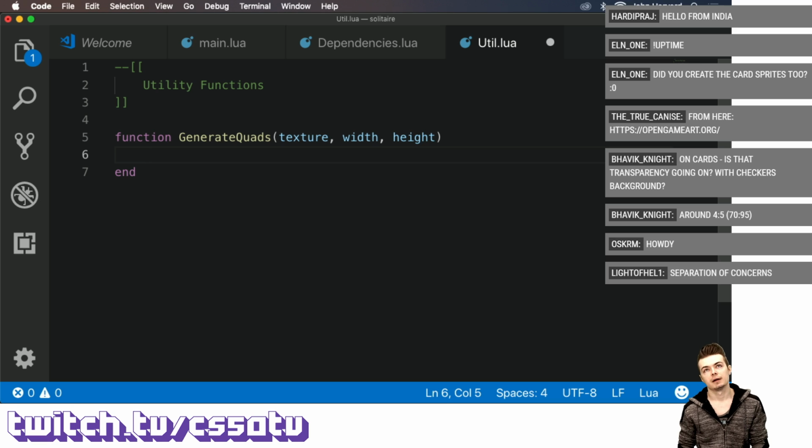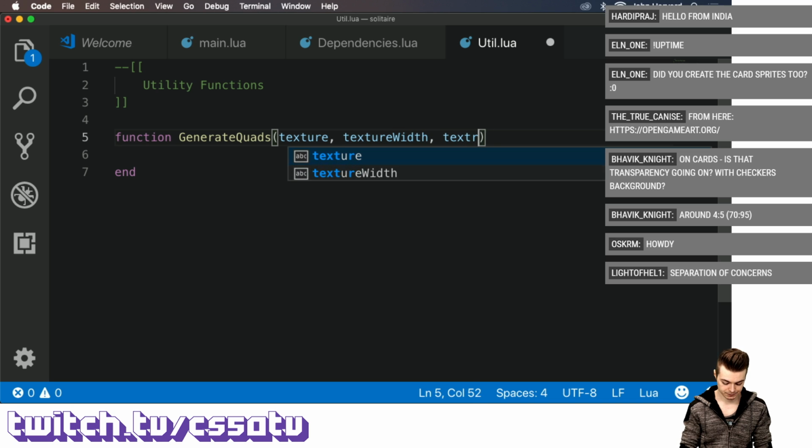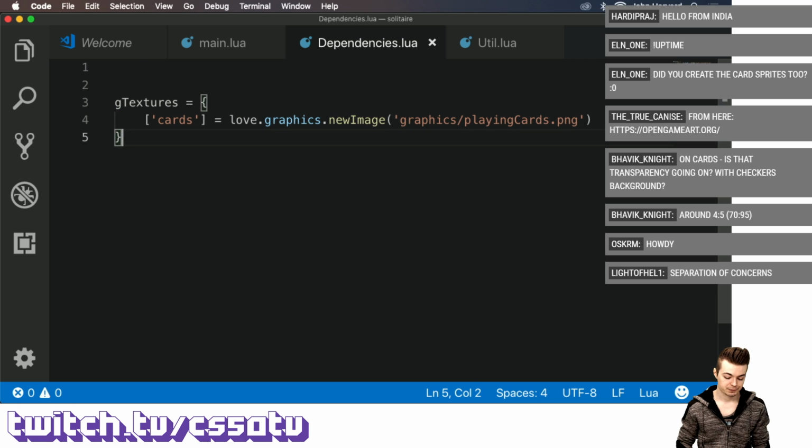And in this case, it's a little bit different, because usually I assume that the texture fits the dimensions of the, oh, well, actually, no. What we can do is we can just say texture width and texture height. And so now in this case, I can say basically g